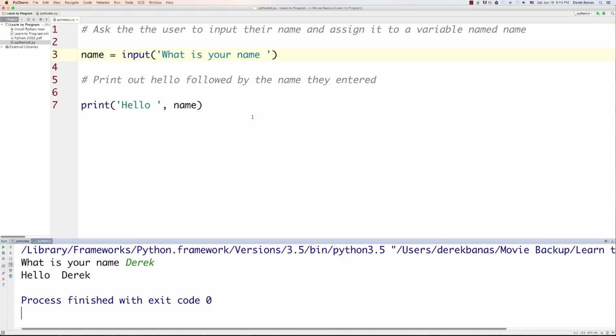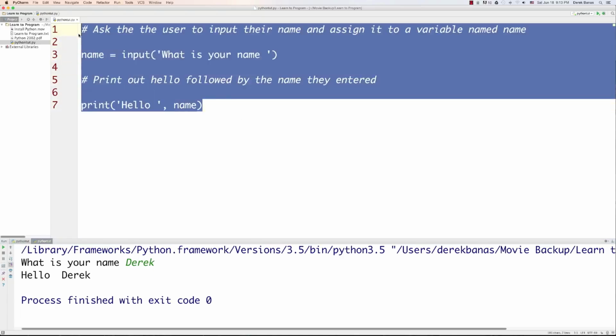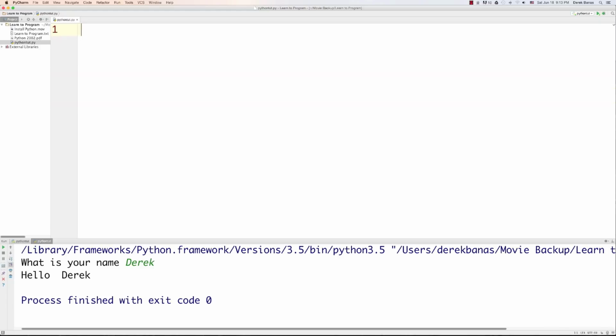So pretty simple little program. And we're going to get much more complicated as these go on. And of course, I'm going to start asking you questions, and then I'm going to pause the video. You're going to write the code, and then you are going to be able to just learn through problem